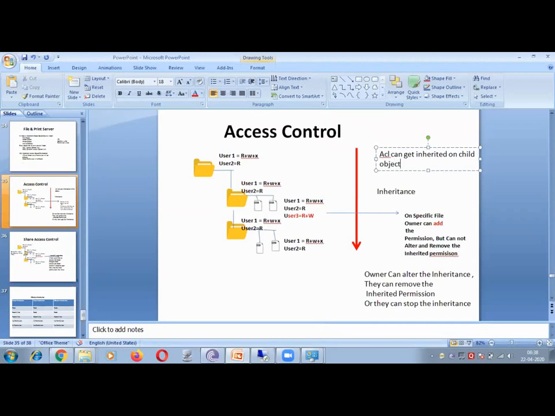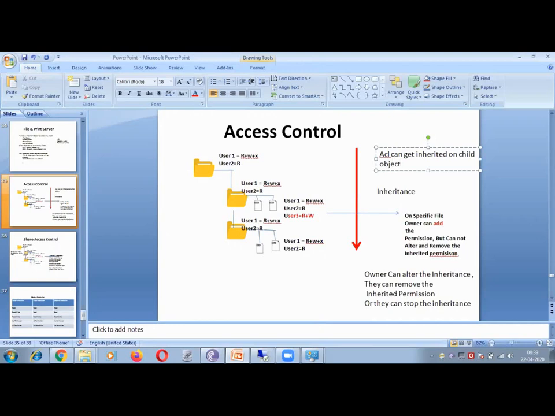This is a very typical Microsoft flow where the permissions of the top object get inherited to the child object. But as an owner, you can add additional permissions to the child file and child folder.